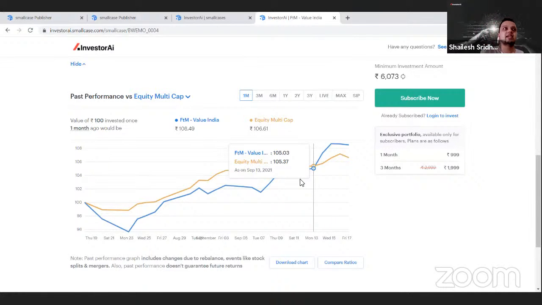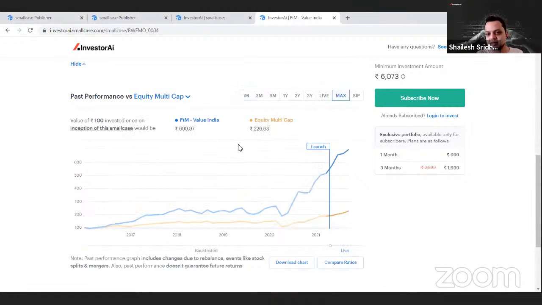But there is also the same strategy that we have simulated historically. So you can just select max. It will start from day one, which is January 2016. From that day on, you get a daily series of how the portfolios have performed against the index. And you can see that till now, it has already given 600% returns compared to just 126% returns from the index. So at each point, actually, you can see.